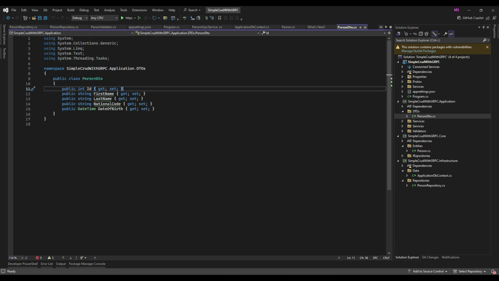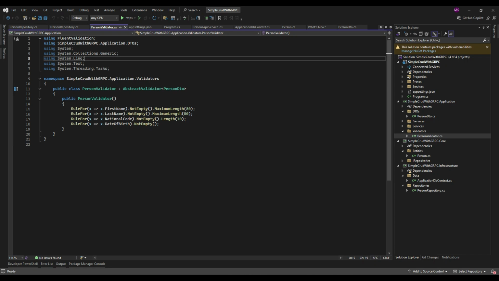This is a data transfer object that defines what data gets sent between different layers. It's like a lighter version of the Person entity, containing only the fields we need to send over the network or between parts of the app. PersonValidator makes sure our input is valid. We use FluentValidation here.